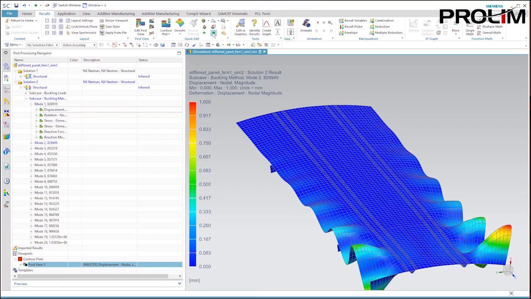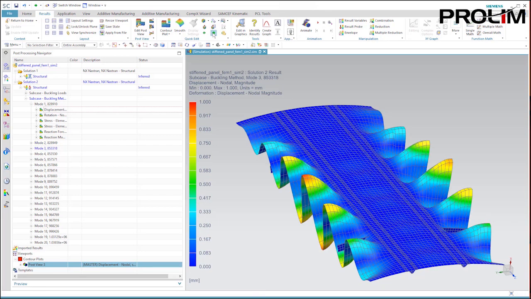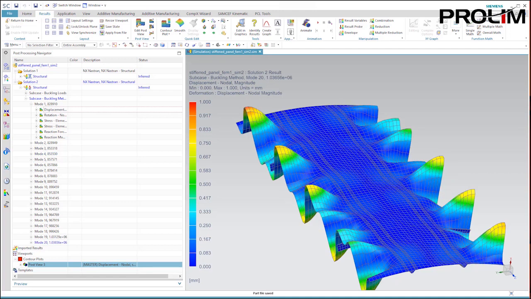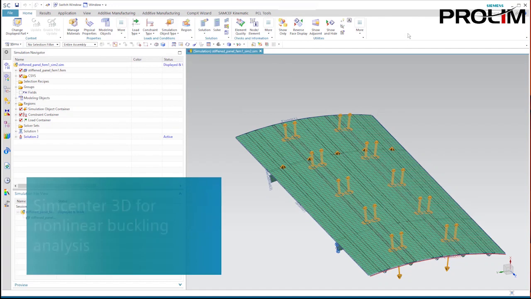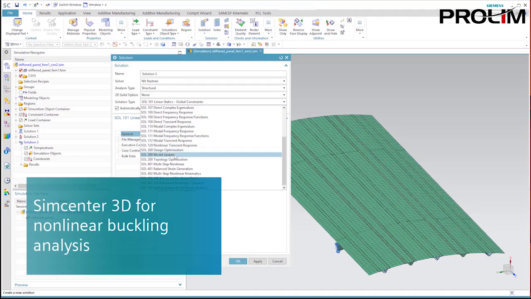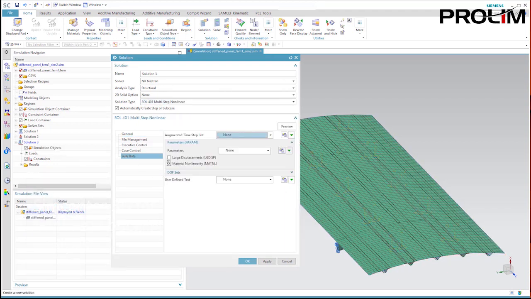However, only nonlinear analysis is capable of reproducing the whole buckling scenario and predicting the load-carrying capacities of the structure in the post-buckling configuration. So, let us now restart an analysis by selecting the Simcenter Nastran Solve 401, nonlinear multi-step